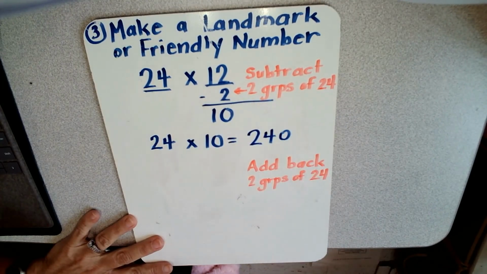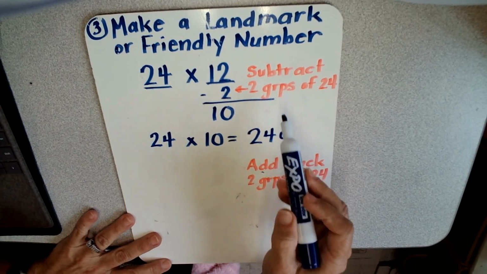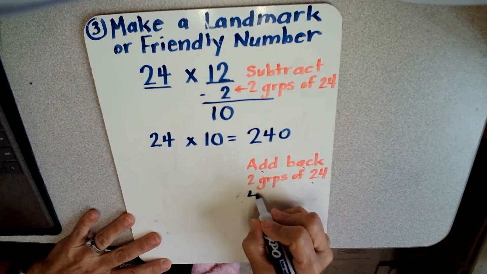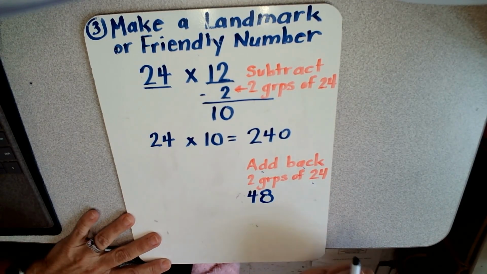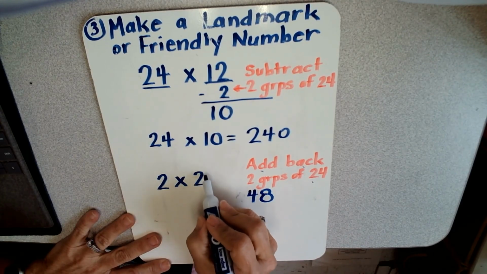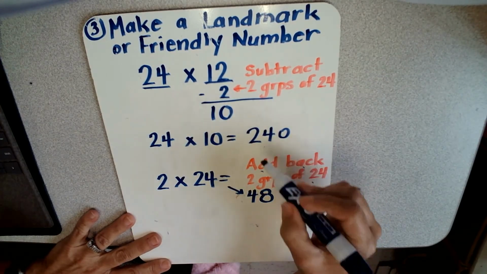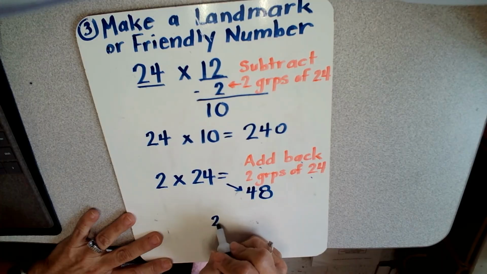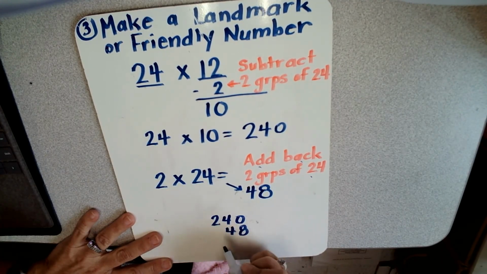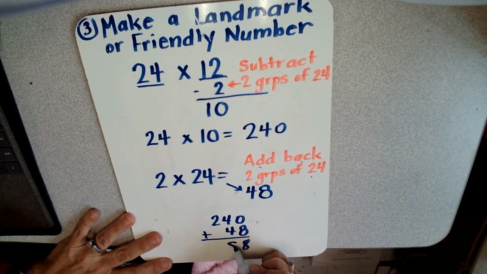240. Then the second step is to add back in the 2 groups of 24 that I took away. 2 groups of 24 would be 48. Or I could show that 2 groups of 24 is 48. Now we take 240 and our 48 and we combine the two and we end up with